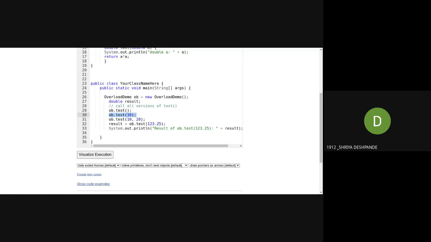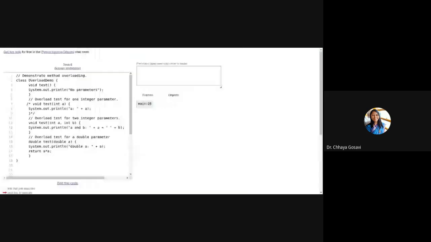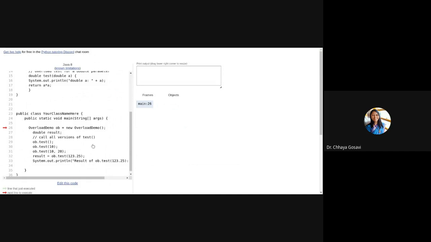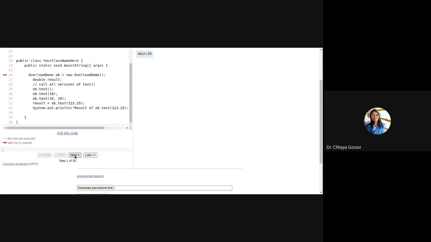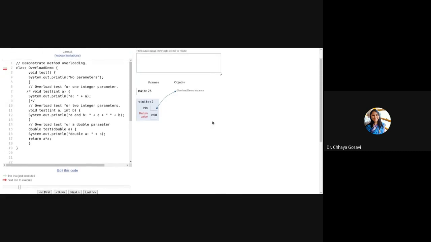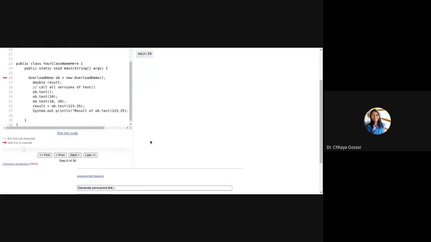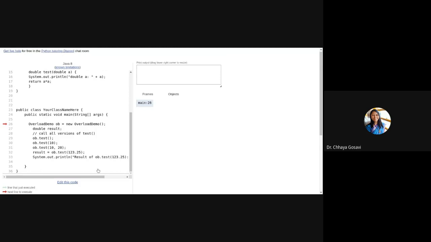It will execute the double method. Yes, it will execute the double method because conversion from integer to double is called type conversion. It is done automatically by the compiler. So if you execute this call, for the first test without any parameter, the object is created.